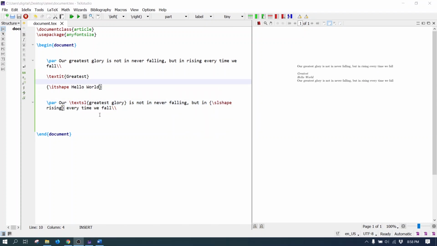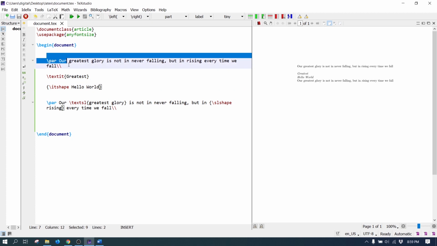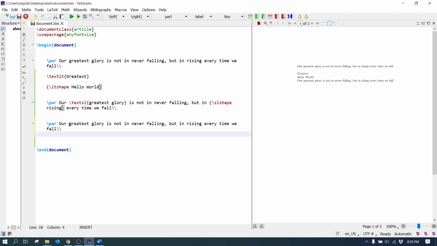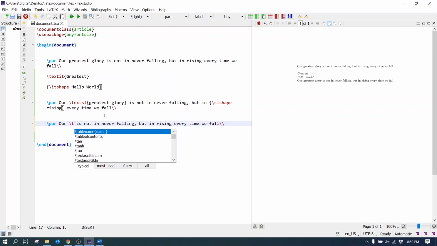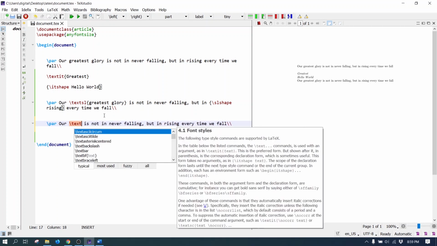Like this, to make the text in small caps, the textsc and scshape commands are used. And to emphasize the text, the emph and em commands are used. For example, to make this in small caps, write the command textsc.